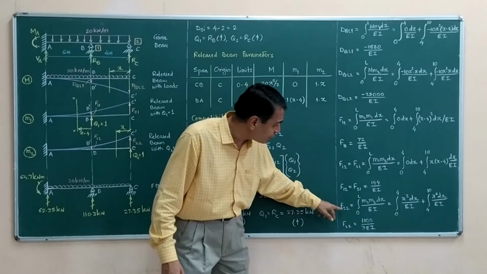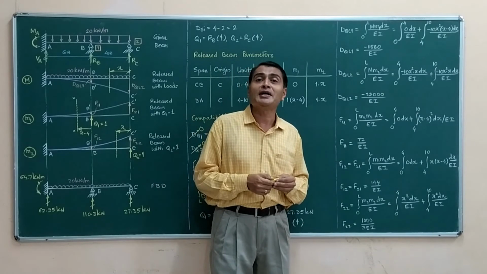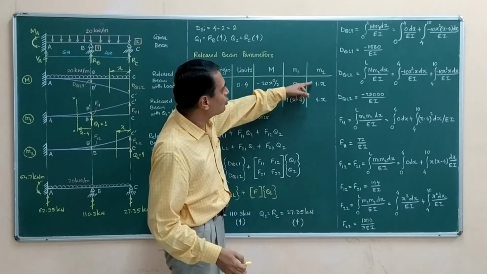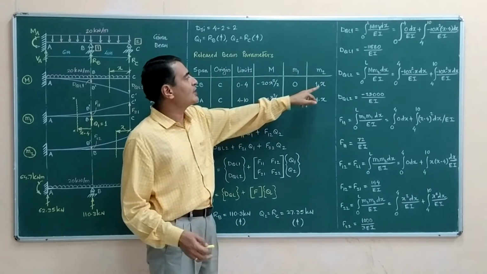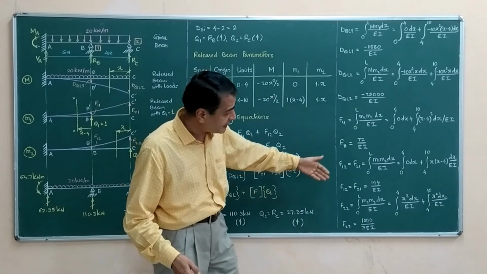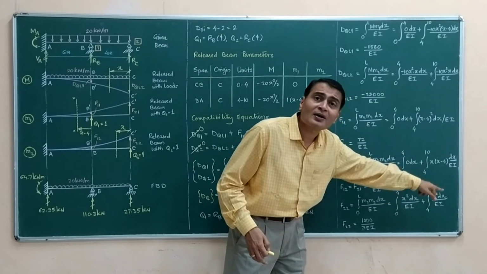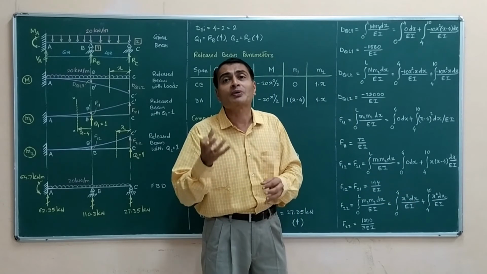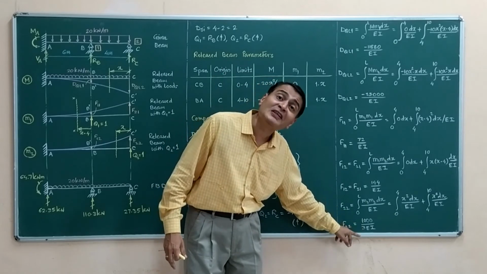Lastly, I calculate the F22 expression. Now I am sure you can write it on your own. It is going to be integral 0 to L m2 squared dx over EI. This is my m2, this is my m2. For both the spans 0 to 4 and 4 to 10, it is going to be m2 squared, and m2 squared means x squared and x squared. That is what I have written separately, 0 to 4 x squared dx over EI, 4 to 10 x squared dx over EI. You might have combined and written 0 to 10 x squared dx over EI. The calculation is yielding 1000 upon 3 EI.